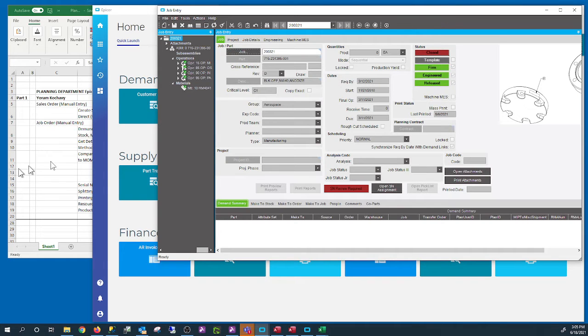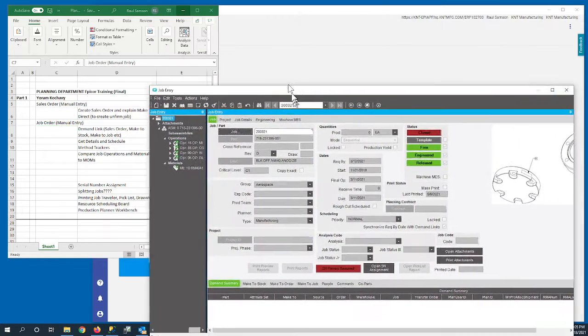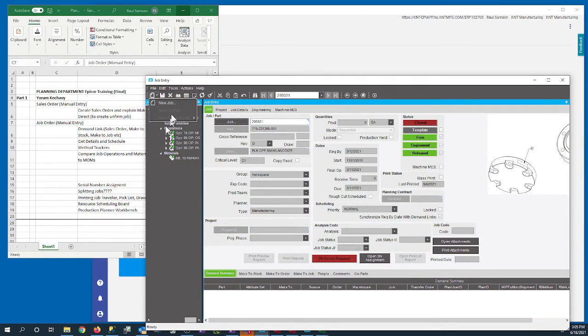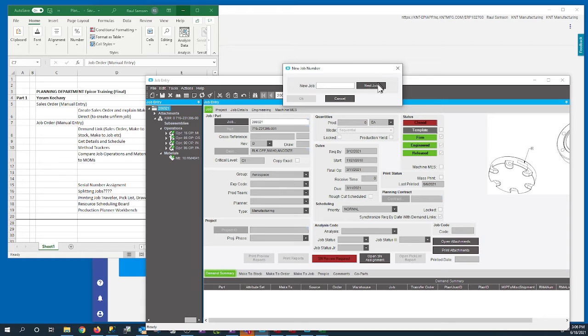And this is how we're going to do it. Okay, so now we have to create a new job. Same concept, we click new. Here it asks for the next job number. You can enter a job number or have it generate the next job number for you.